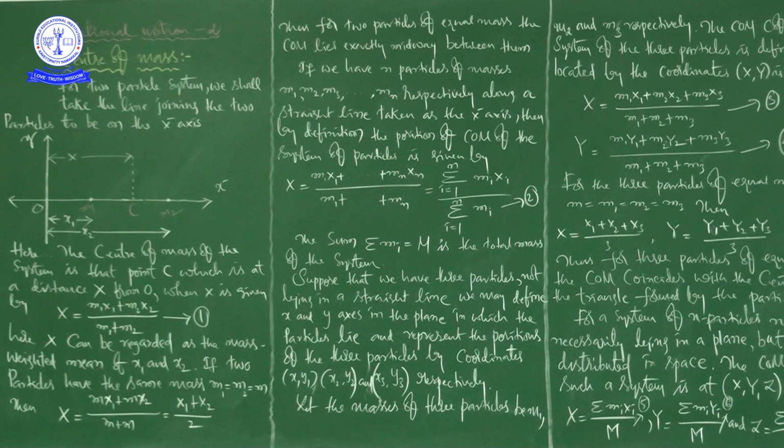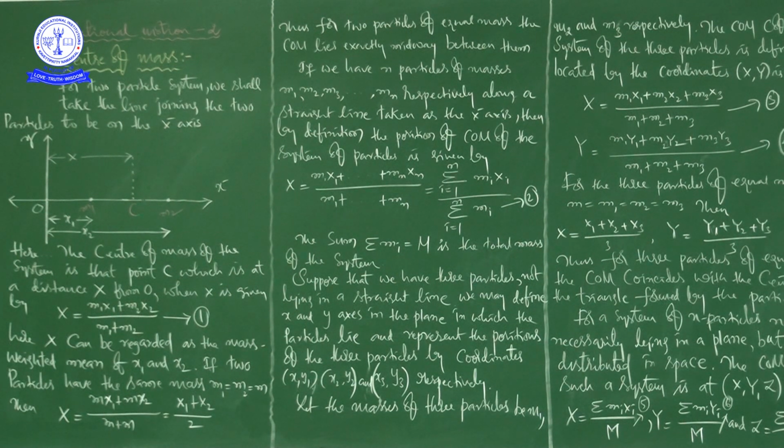Okay, right. Before entering into the discussion, I will repeat once again: center of mass is an imaginary point where the total mass of an object is supposed to concentrate. And at the same time I want to say one more point. Suppose you take the bangle that ladies wear on their hands. Its center of mass is at the center of the bangle, so at the center of the bangle there is no mass.